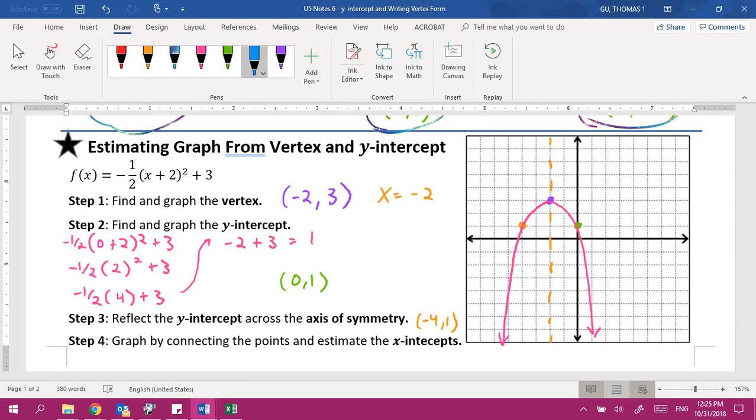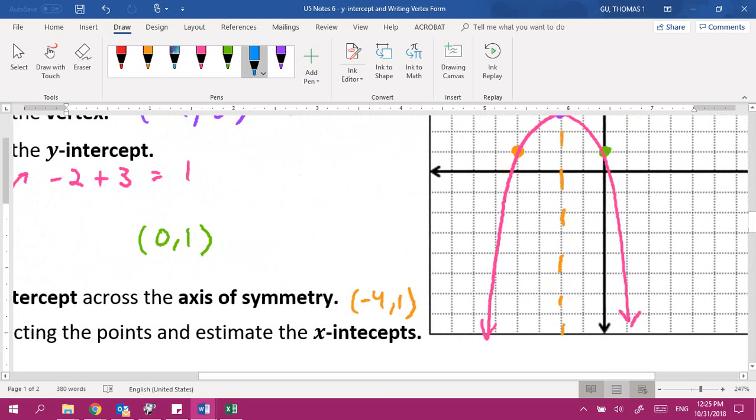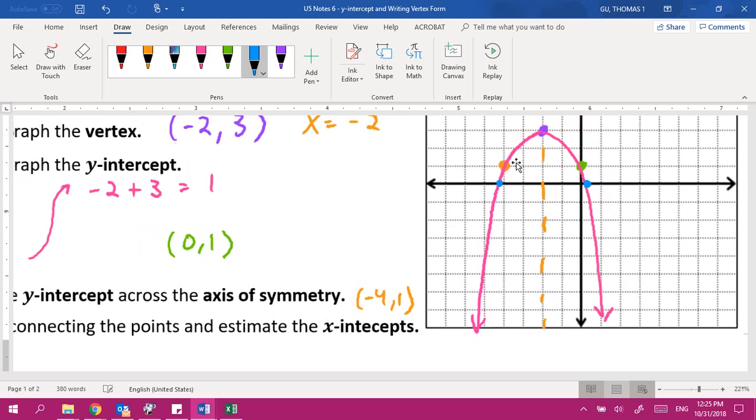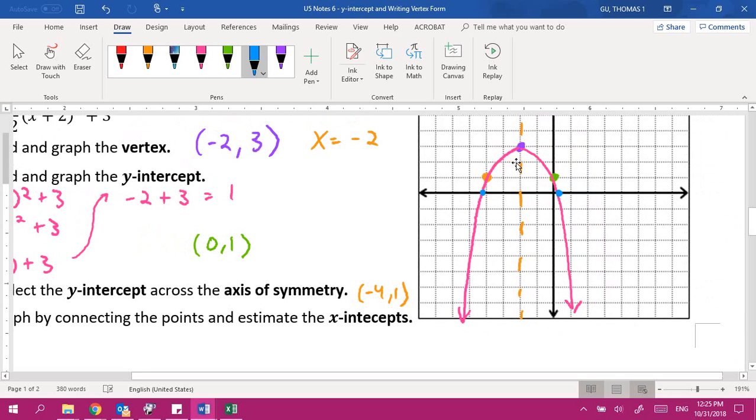Okay? All right, and then one more thing that you guys need to know how to do is estimate the x-intercepts. Do you see the x-intercepts right here, how it doesn't exactly cross right here and here? X-intercept is where it crosses the x-axis, right? But that's not exactly on a point. So in this case, you're just going to estimate it. So you just pick what you think it looks like. So for me, I thought it looked like